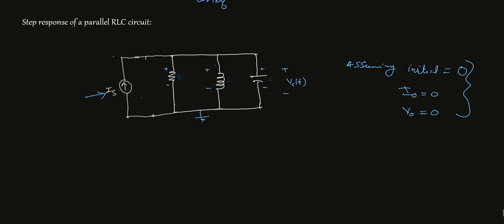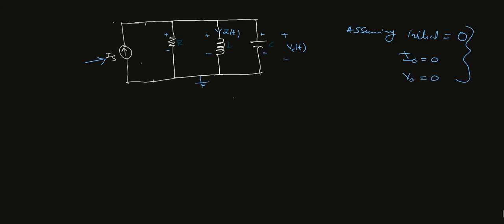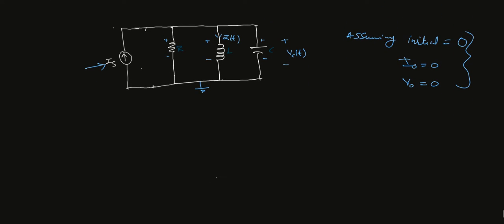In this particular type of circuit, my point of interest is the current through this inductor, that is i(t). For this circuit also, the same formulas will be applicable. For zeta equal to 1, this is a critically damped system. I am writing the formulas directly: i(t) equals (a1 plus a2 t) e to the power of s1 t, plus Is. This is not an initial condition, this is the final value of the inductor current.